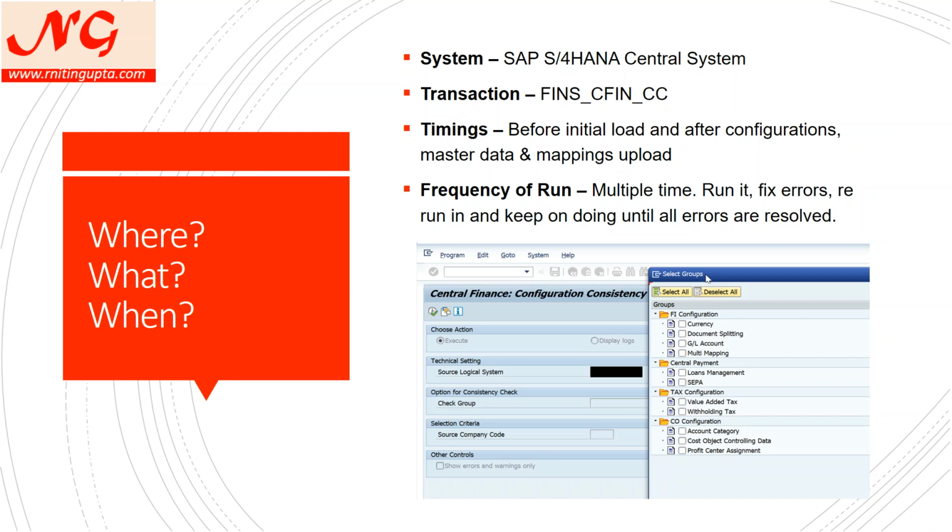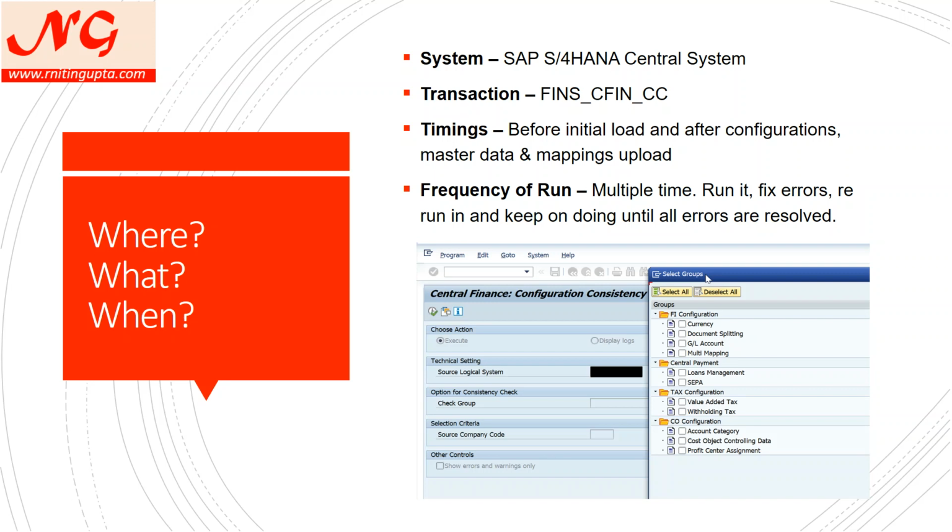It also checks at the company code level whether the company code currency on the source side and the CFIN side is the same. If company code US01 is mapped to US01 on source and US01 on CFIN, and one says the company is based in US but we use the currency euro, and the other side says US dollar, then it's a problem.